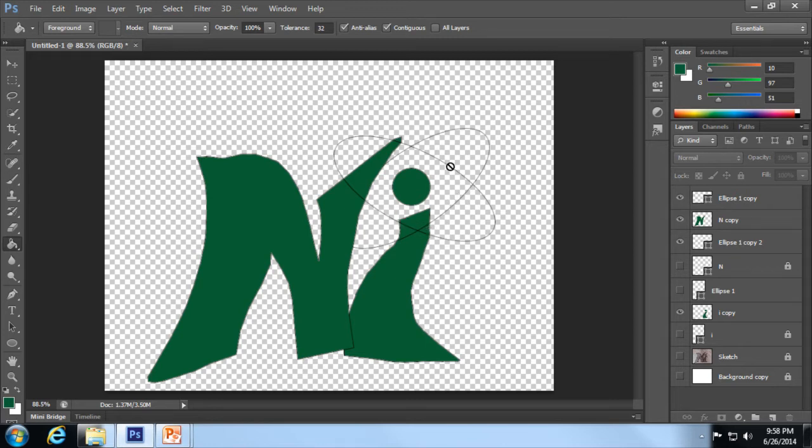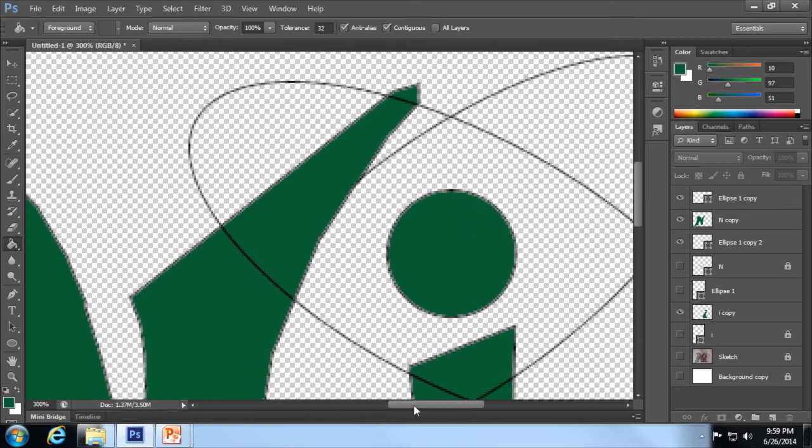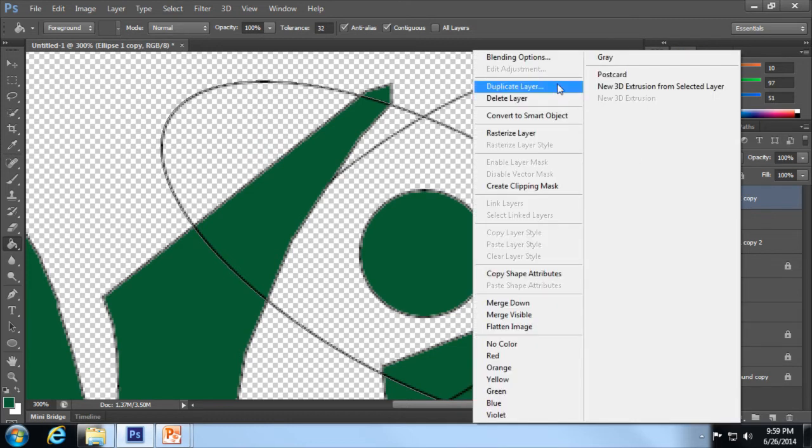Now you'll notice we have one issue here. We need this one shape to be both on top of the N here and underneath the N here, so that it looks like it's three-dimensionally wrapping around it, because that's what's meant to be done in the sketch. In order to accomplish that, what we can do is copy this ellipse 1,